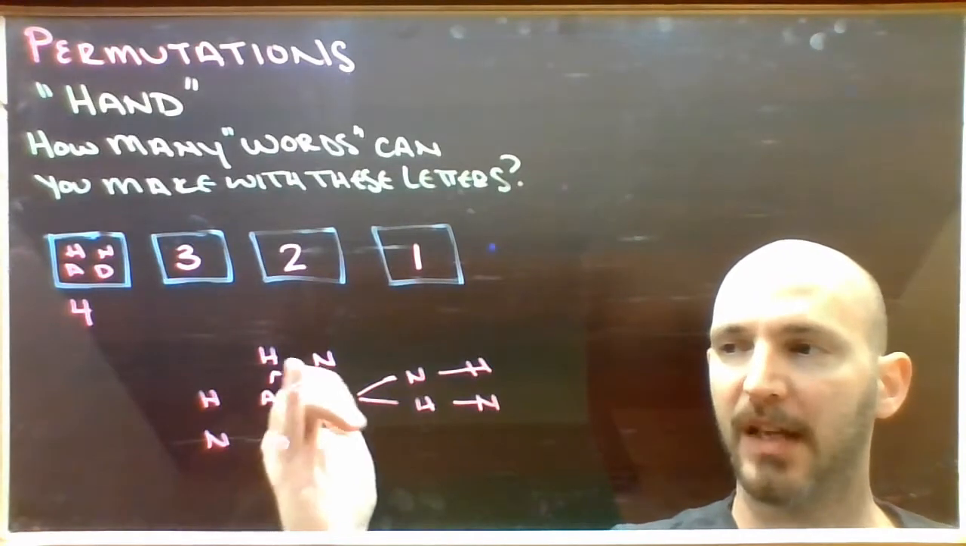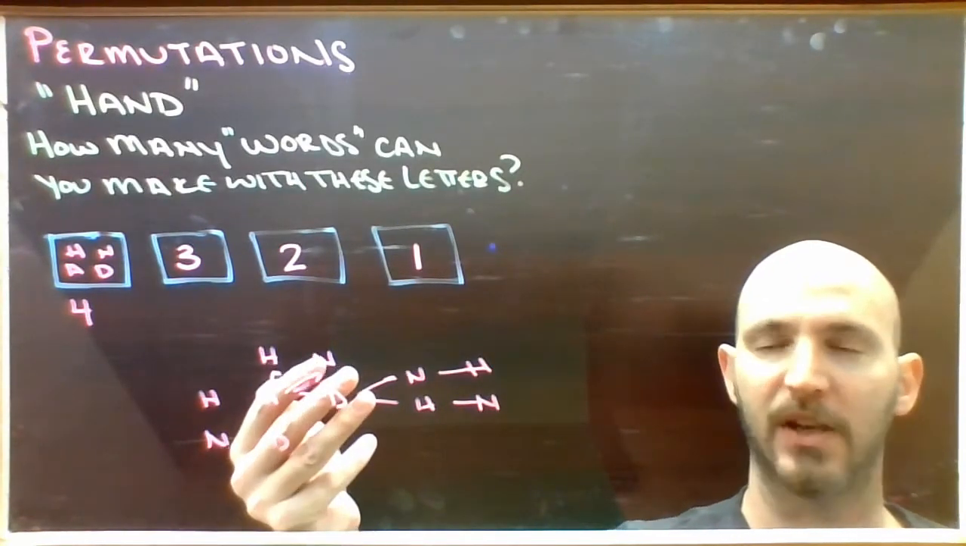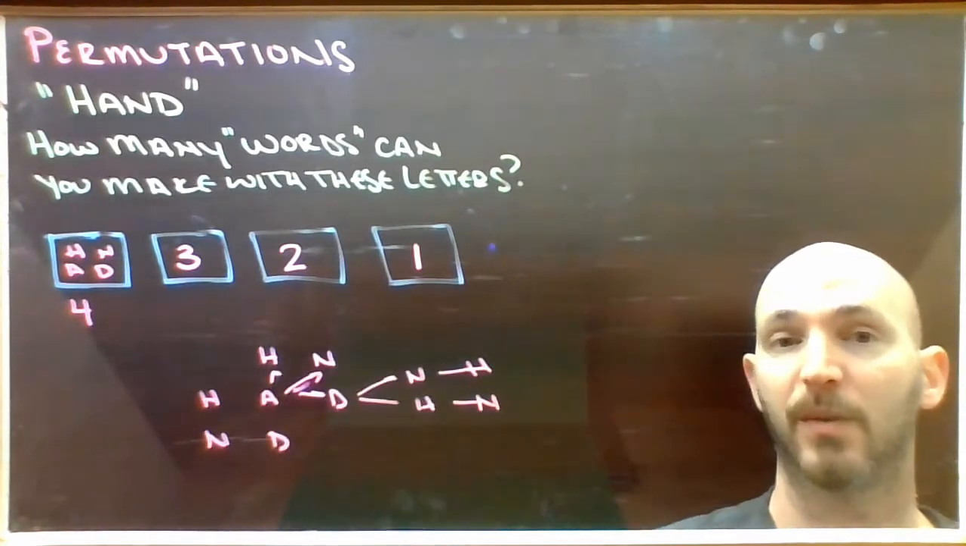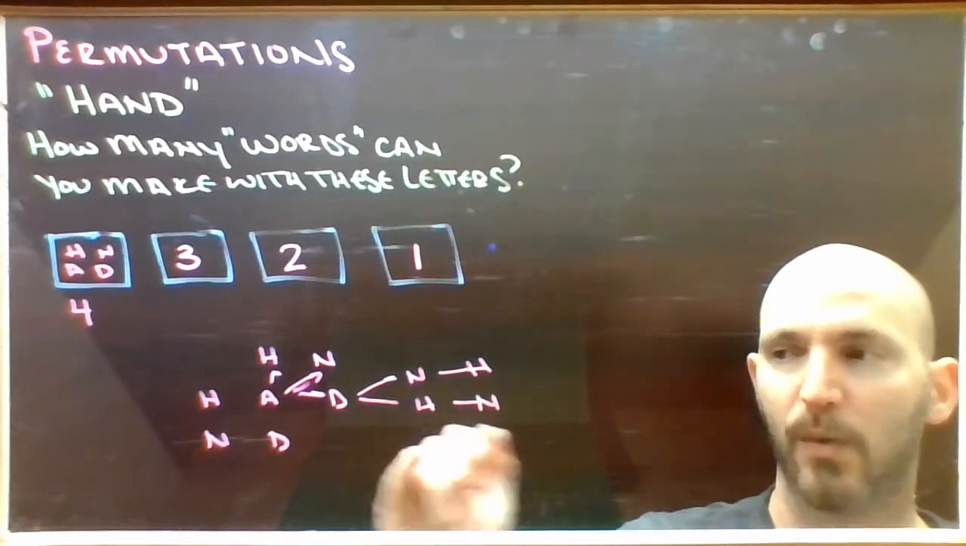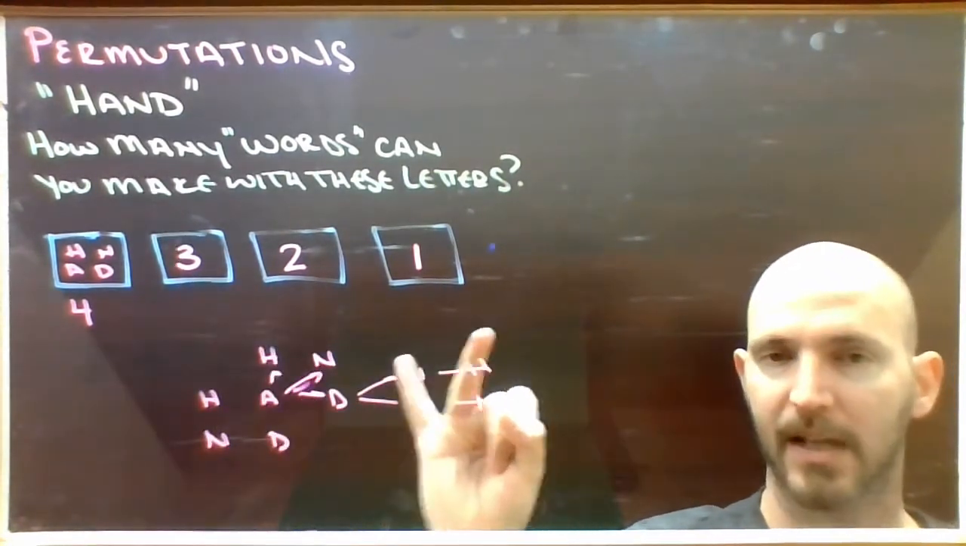Notice that for each of these 4 branches, there are 3 branches. And for each of these 3 branches, there are 2 branches. And for each of these 2 branches, there's only 1. So in order to get out to here, you had to pick your first letter, and your second, and your